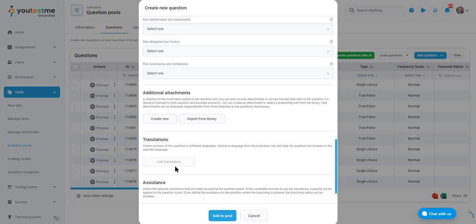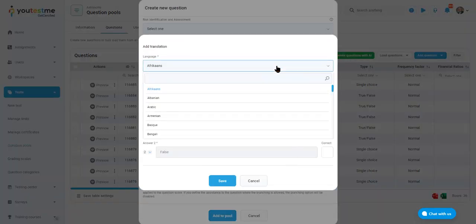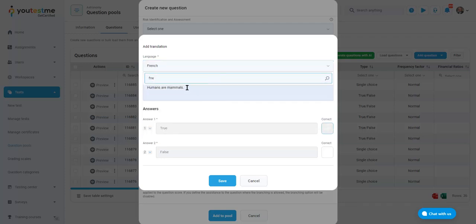Why is this so popular? Simply because when you're adding translations, you simply select a language that you want to translate this to, French for example, and then you paste the French version here. I just did that, and what happens is that based on students' preference, this question will be displayed in the language they prefer. So if you translated your questions into, let's say, English, French, German, Spanish, and you have users from all 4 countries,